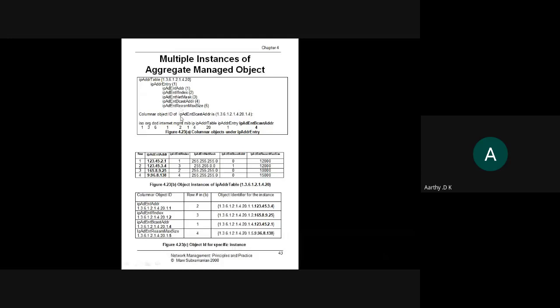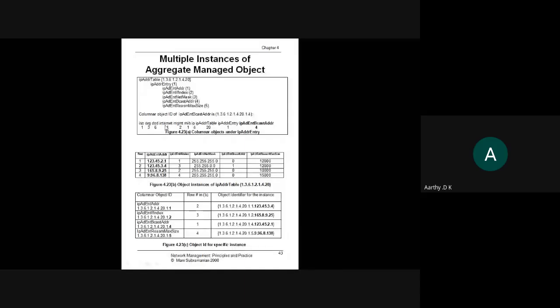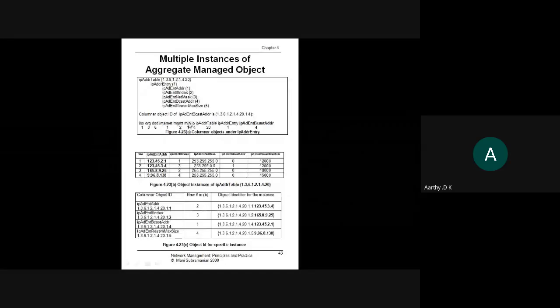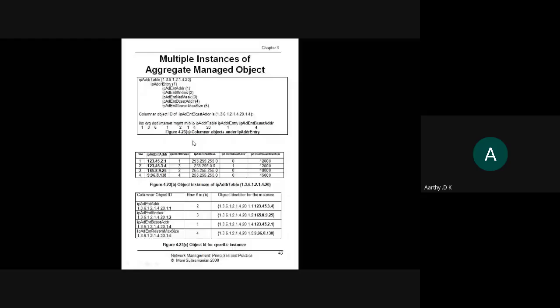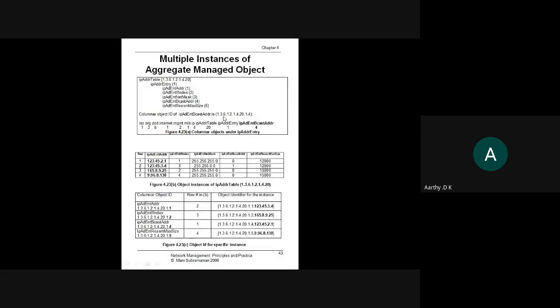So this internet will have a value 1.3.6.1, right? That is the object identifier of the internet MIB. Next you have management, whose value is 2 MIB. These values are given by IANA, the Internet Assigned Numbers Authority. They are responsible for giving the numbers for these objects, so that they don't overlap or duplicate. With this, you can specify the aggregate object, row-wise or column-wise.